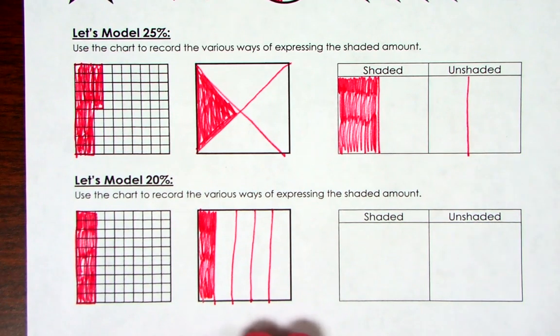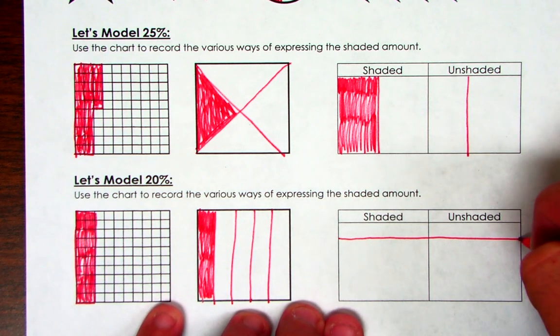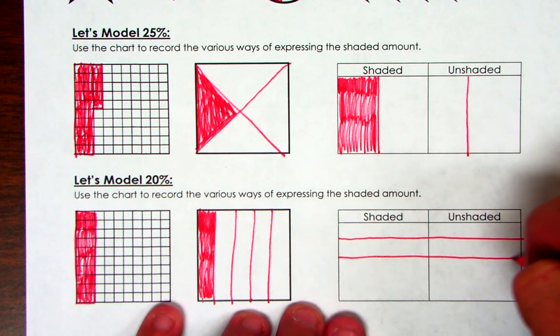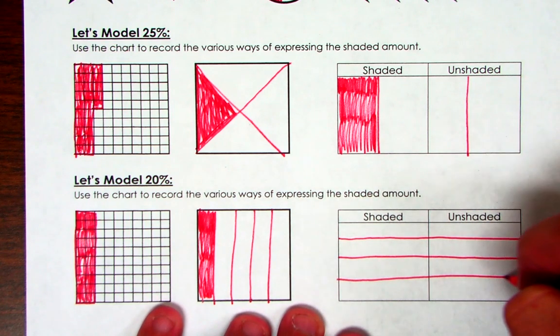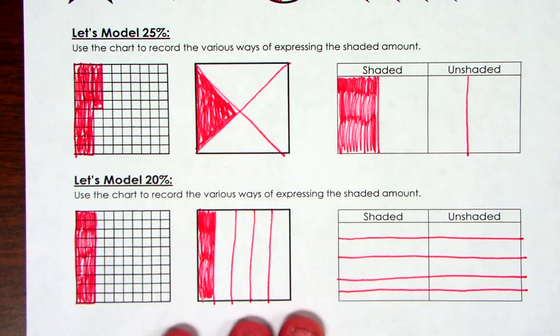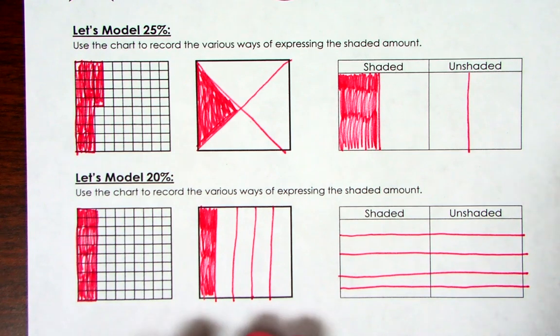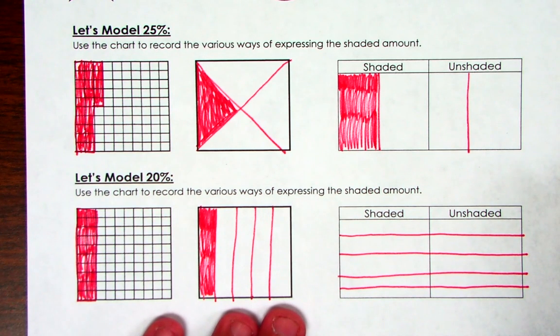Alright, so shaded versus unshaded. This one's going to be a little bit trickier. Again, I need to cut it into fifths. So here's 1, 2, 3, 4, and 5. I know my drawing is slightly off. They all don't look equal, but I think y'all get the gist of what I'm doing here. It's okay. So I need to shade in